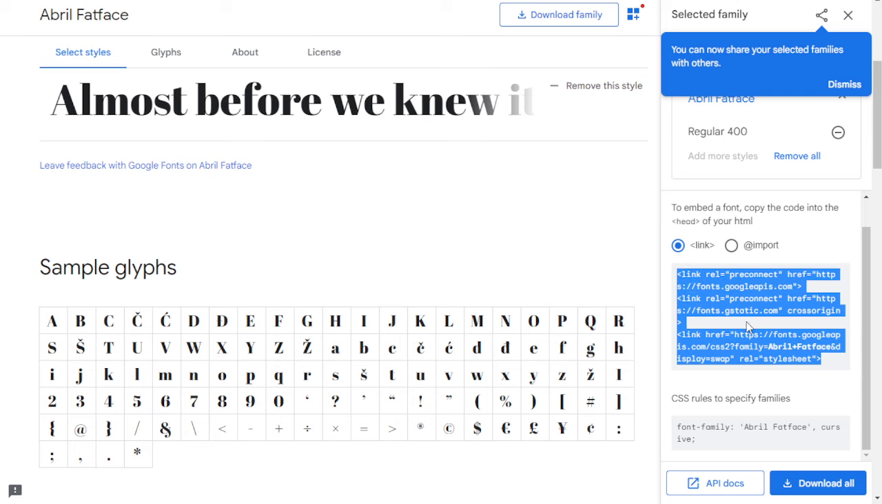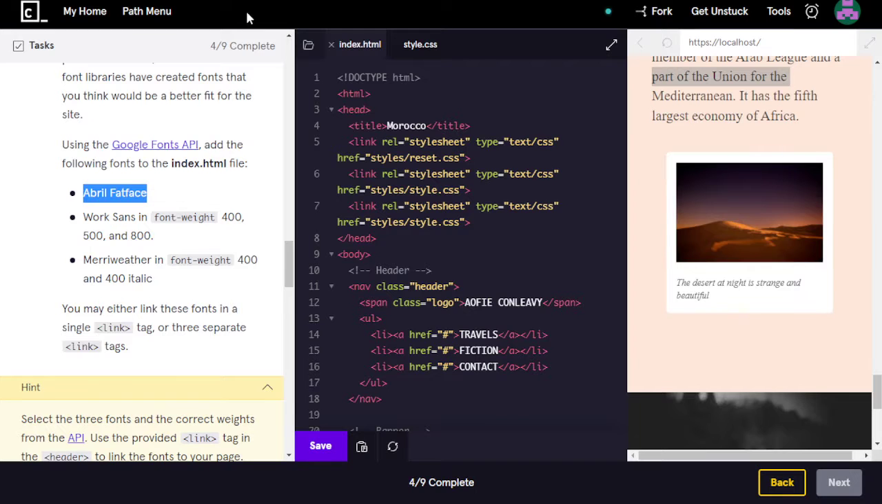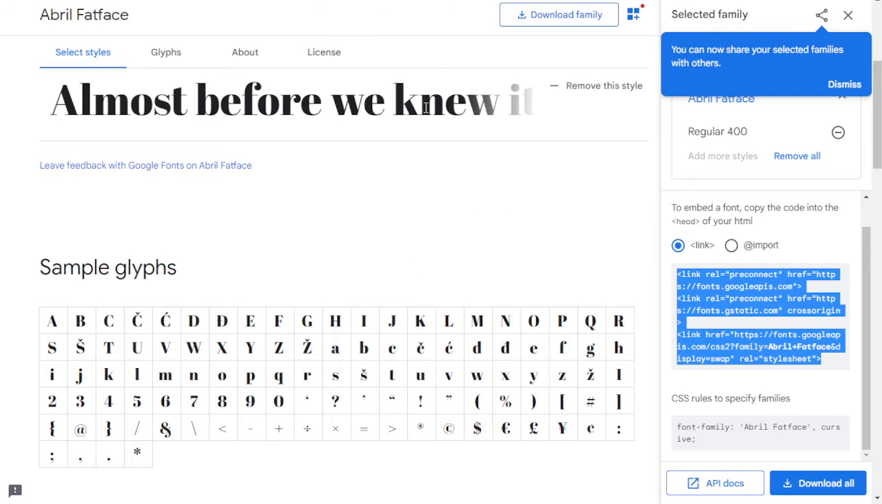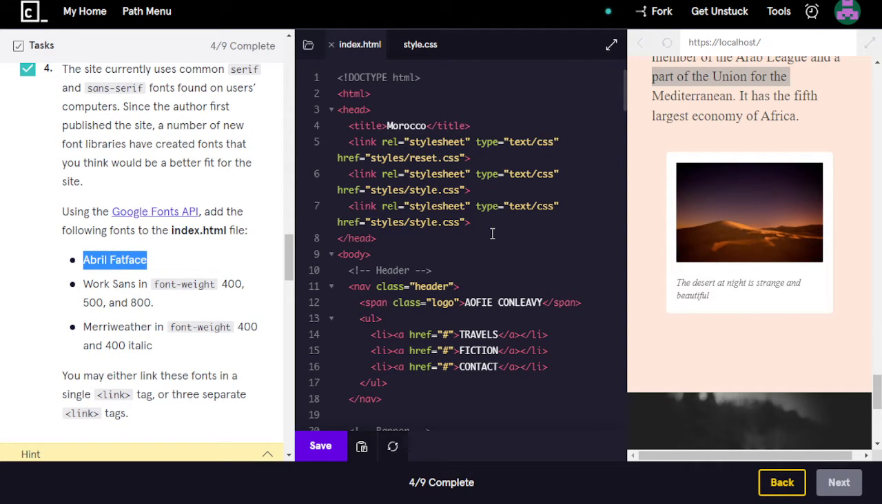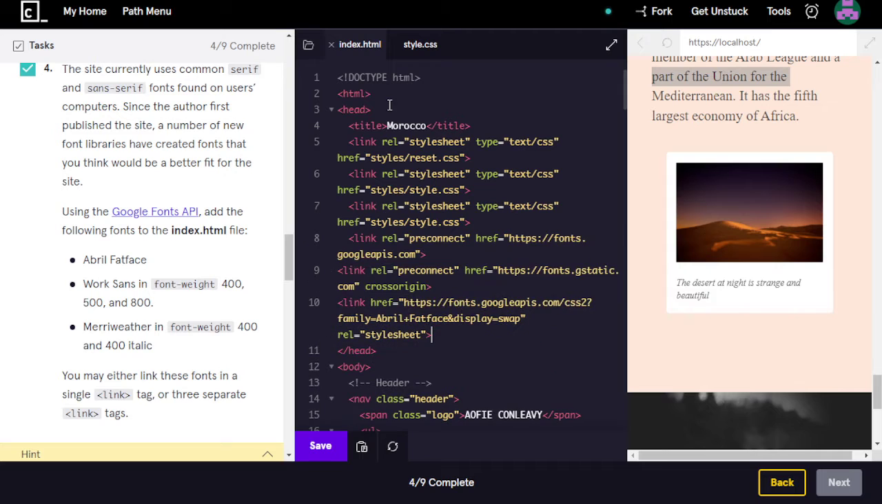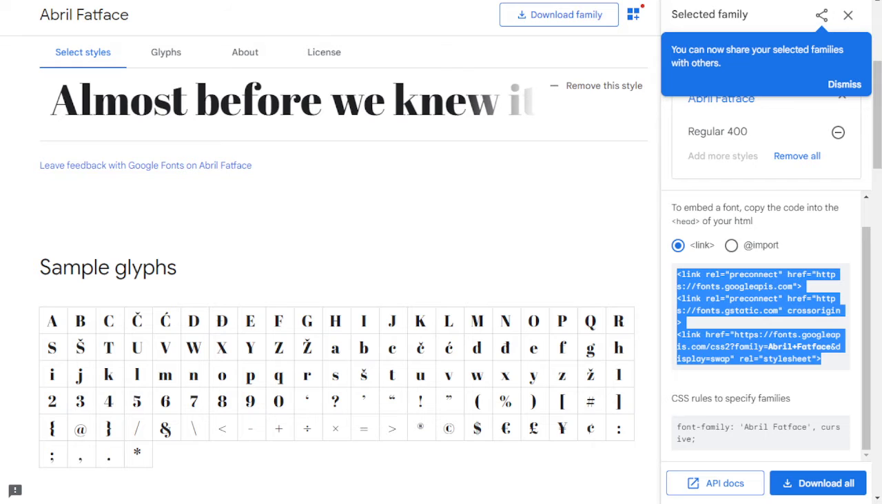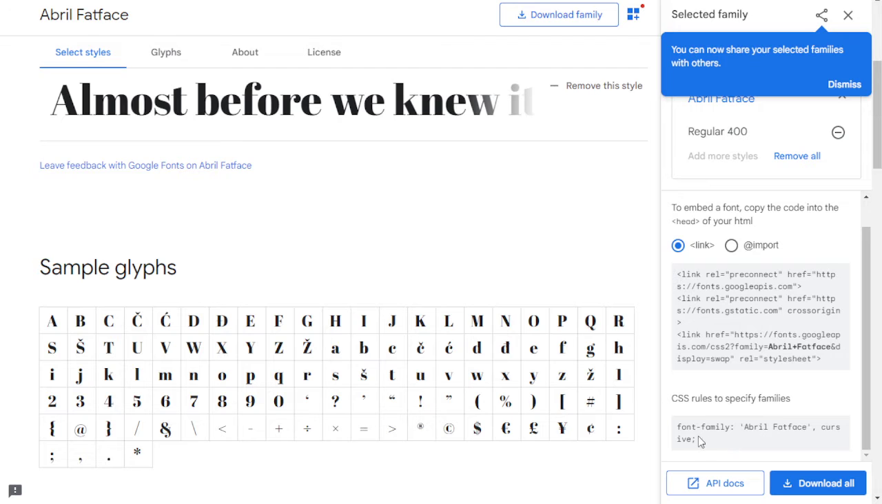Do you have to use both of them? Let's see if it works. This is the Abril Fatface. And let's see if this is what we add. And then we also copy the CSS rules that we would use